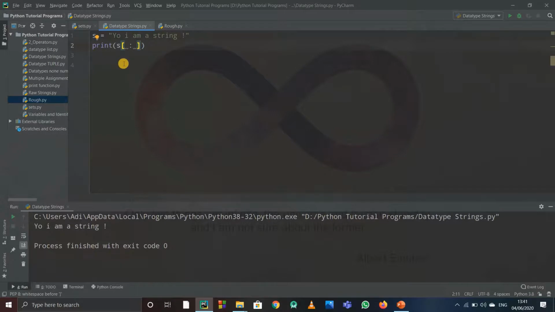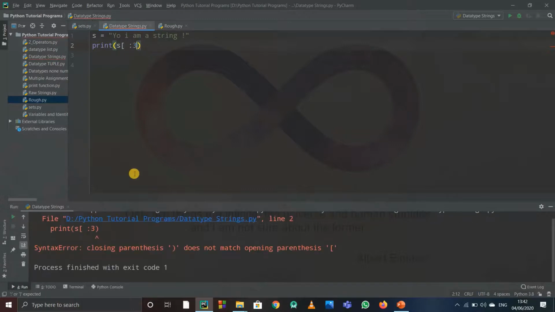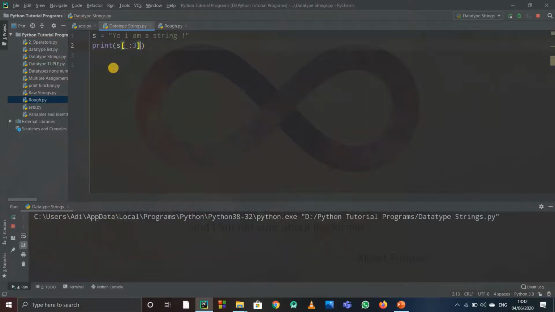And the same thing goes from here again. If I want to print "yo I", so 0, 1, 2 and 3, if I just write 3 over here and I didn't write 0 over here, I forgot this slide. Okay. Now if I run it, you see it just printed out. By default it took it as a 0.